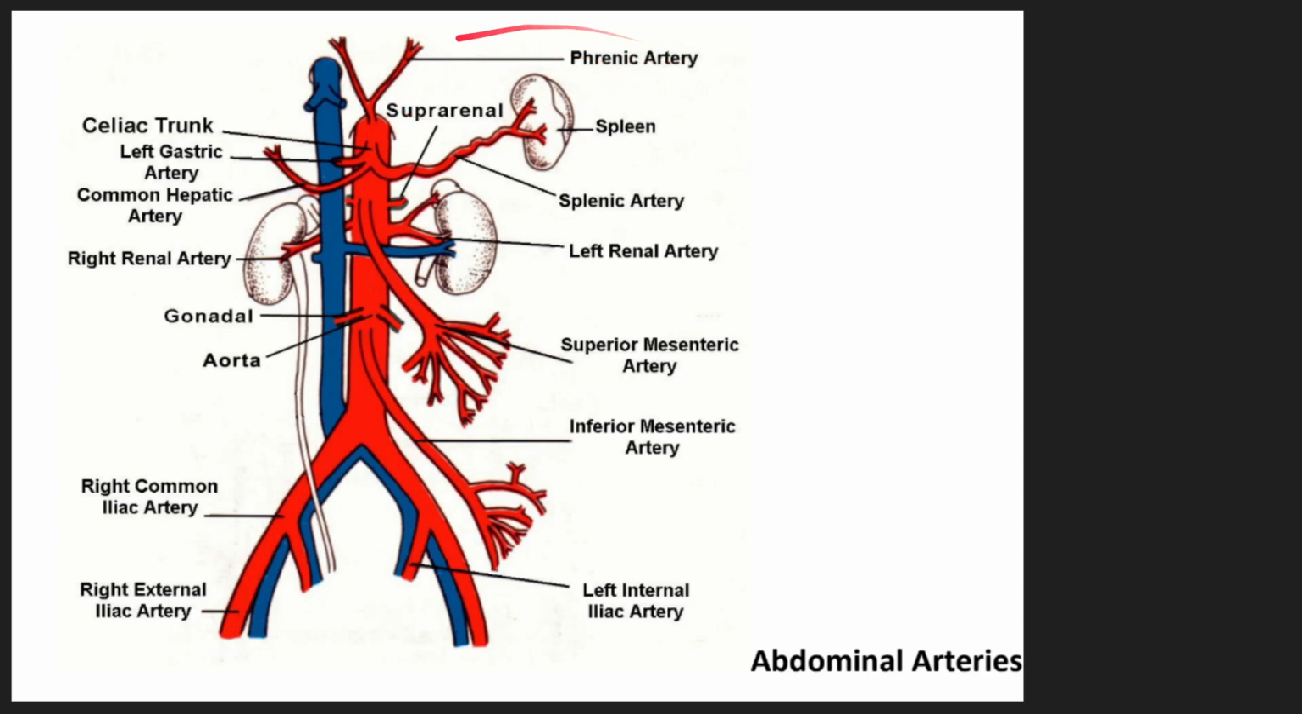So here's phrenic artery, suprarenal, celiac trunk here with the left gastric, also common hepatic artery and splenic artery there, suprarenal, left renal and right renal, then the superior mesenteric, gonadal, this is the aorta, coming down to the left internal iliac. This is the right common before it's right external and right